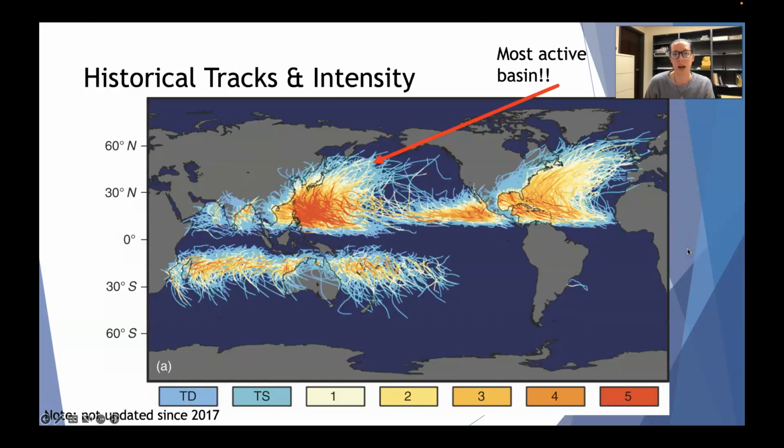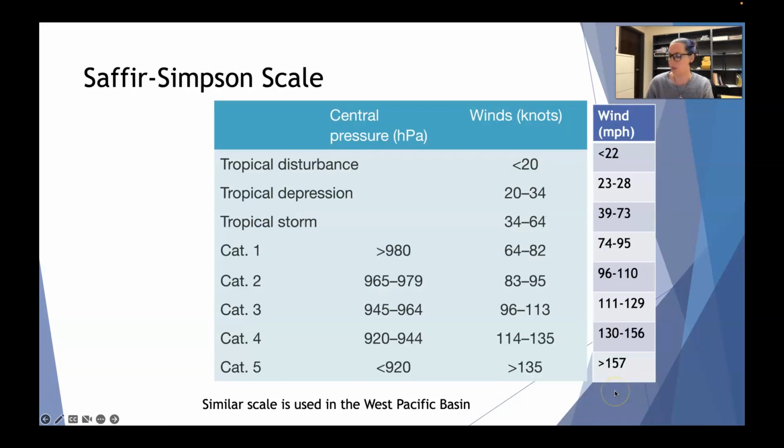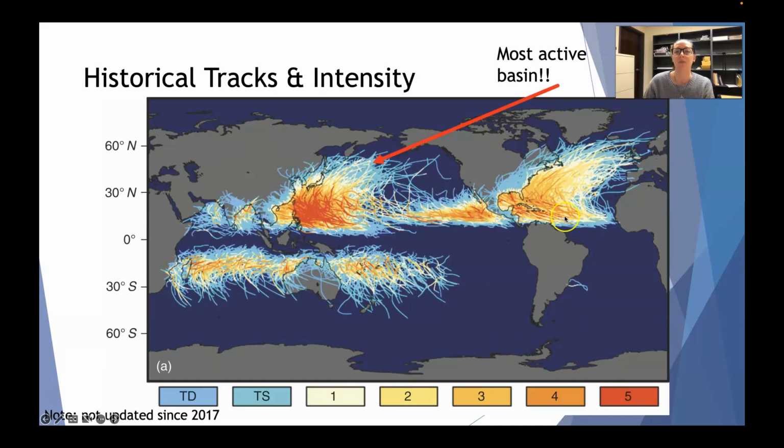Just to view where all of these things happen, this is looking at the historical tracks and intensity, with the cooler colors indicating a lower intensity and the warmer colors indicating a greater intensity. What I would suggest is that you pause the video and really examine this map. What do you see? What sticks out to you? What patterns do you observe? So pause the video, take a moment,